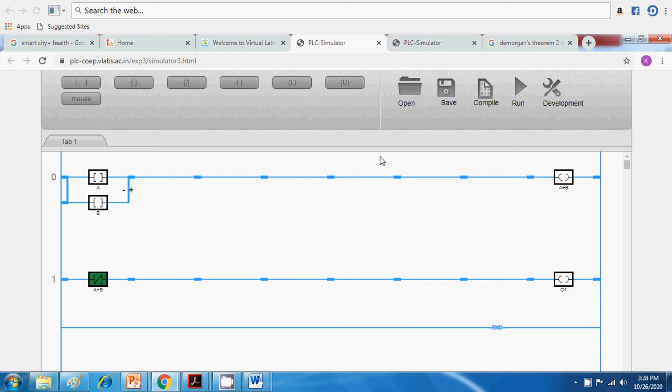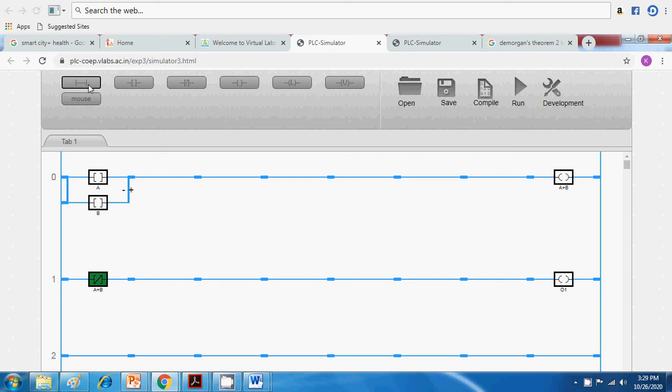A plus B bar is equal to, we have to show that A bar dot B bar. For that purpose we have to add another rung, A bar dot B bar. So get here A bar, take here A bar, then B bar. A bar B bar is equal to,